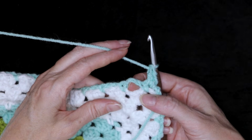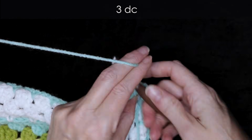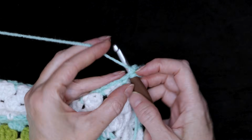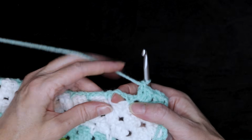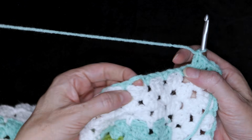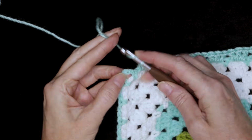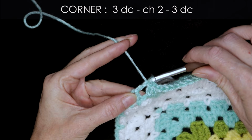3 double crochets into that next space. 1, 2, and 3. And 3 double crochets into each space all the way along, just like we did for our first row of white. When you reach the corner space, just do your regular corner, 3 double crochets, chain 2, and 3 double